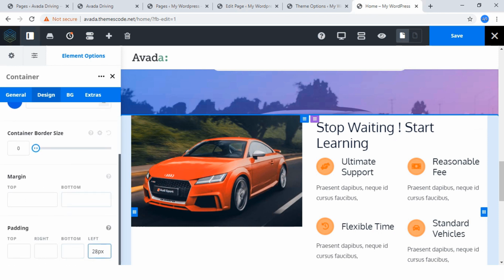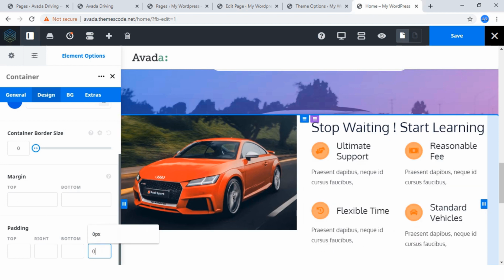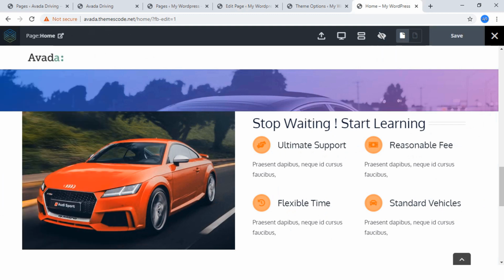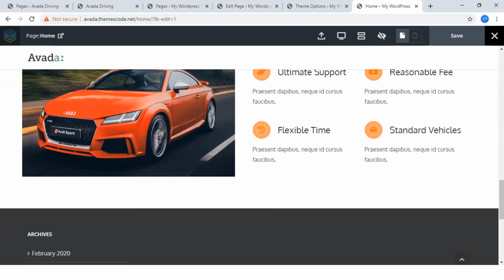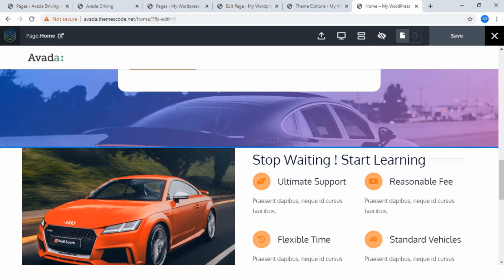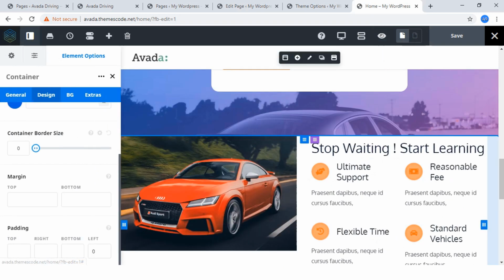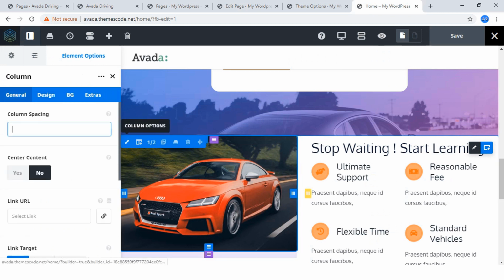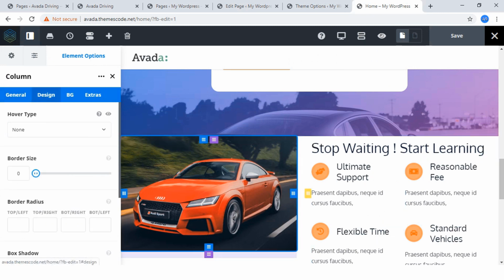Here you can see on left 28, but make it to 0. Okay, just hit save. Column options, design,